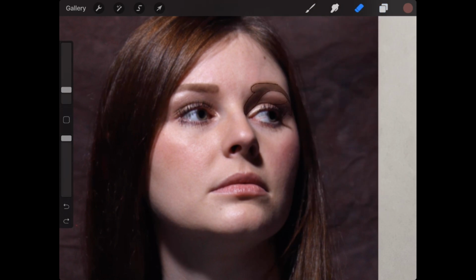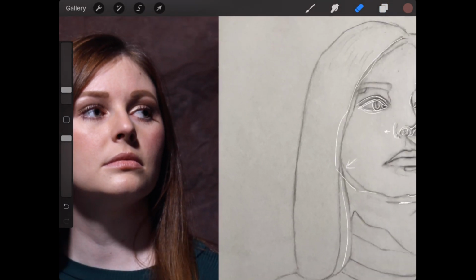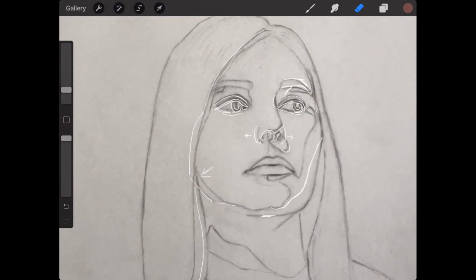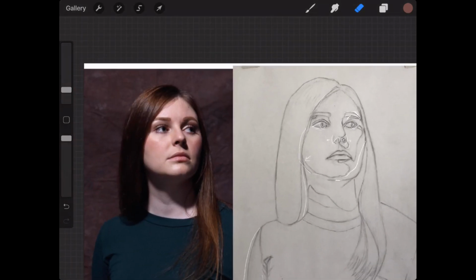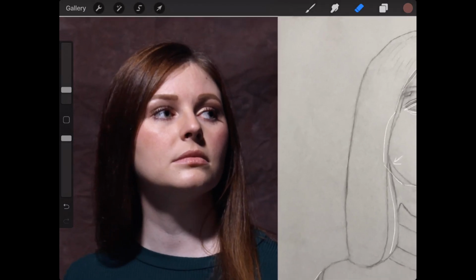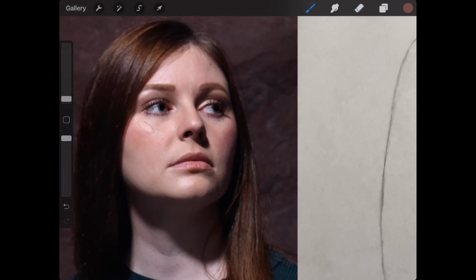Sometimes determining what constitutes a shadow or a light, or where to place your lines for those shadow shapes, can be a little tricky, especially on something that has such subtle form, and it's a low light situation here. But you want to keep that abstraction there and not worry about those subtle tones. Just like I wouldn't outline a highlight, or the highlight on the nose. I'm pretty much going to be doing that tonally in paint.